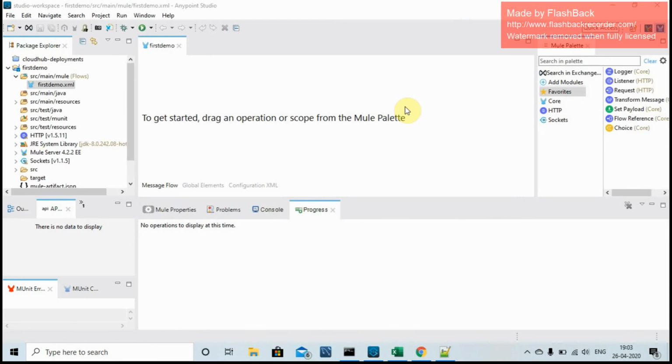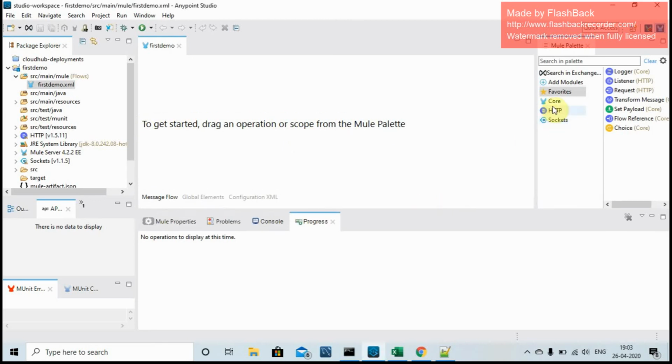This first demo application is finally set up, and you can see there are some palettes which are by default added to the project structure. Those are core, HTTP, and sockets. The same you can locate on the left hand side within the package explorer as well. This is the HTTP.